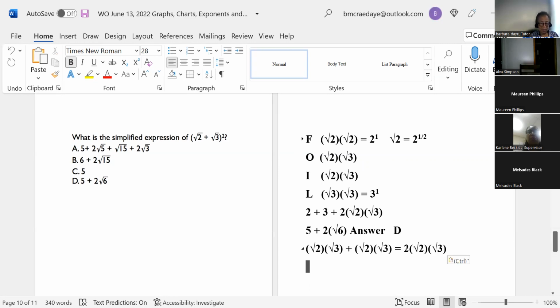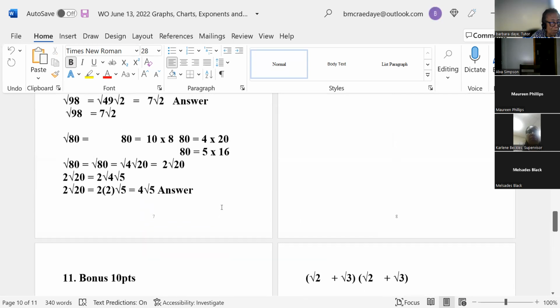Do you understand how I got 2 times square root 2 times 3? I added these two sets of terms together. I added these two together and I got 2 of them because they repeat. They're the same. So after that now, okay, after this now,